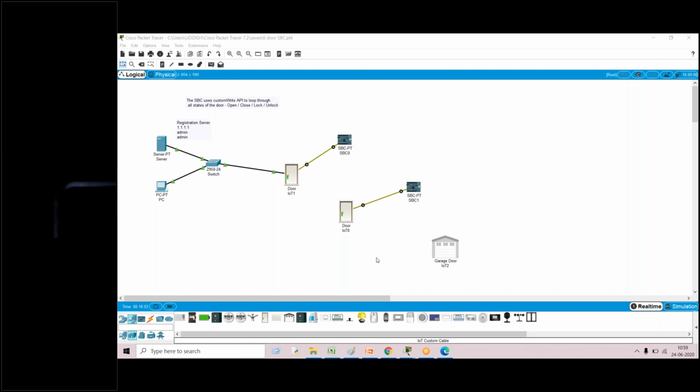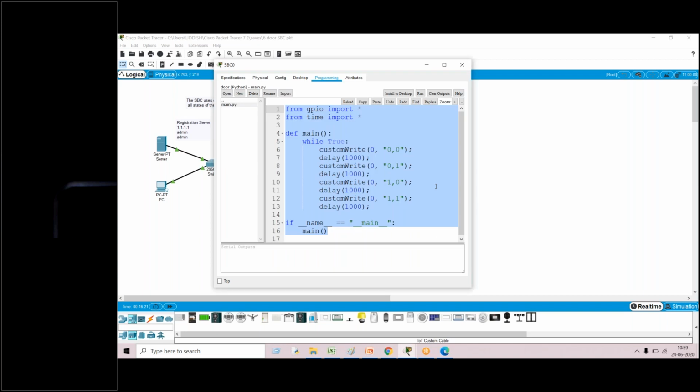Sir, can I speak? Sir, I'm getting an error, bad input, in main.python on line 6. Line 6 is custom write 0, and I'm getting that error.